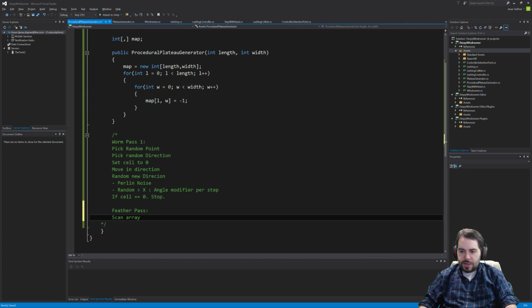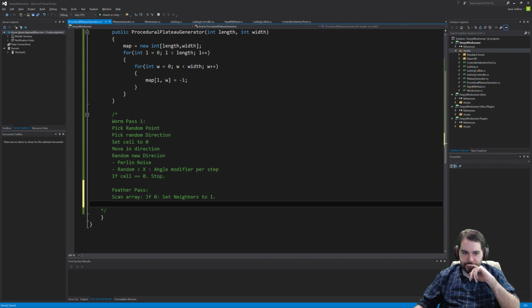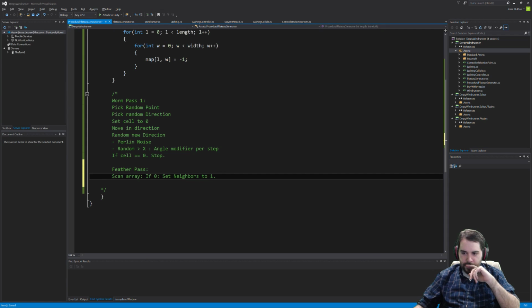Scan array. If 0, set neighbors to 1. Yes, obstacles will be added on top of that as well. Those are going to be added in later on. Okay. Setting neighbors to 1 should work. Although the logic here should be